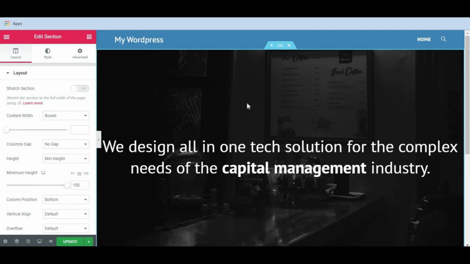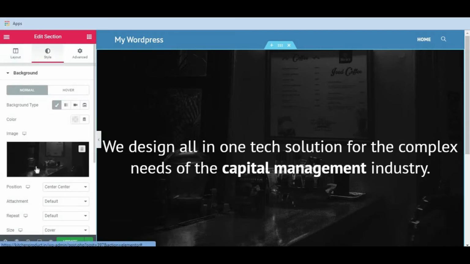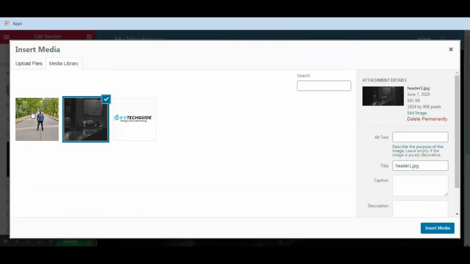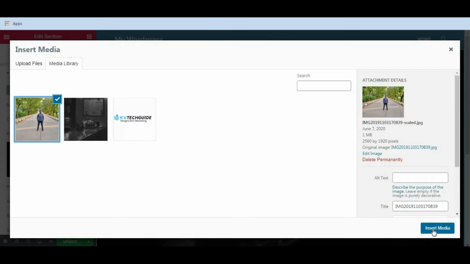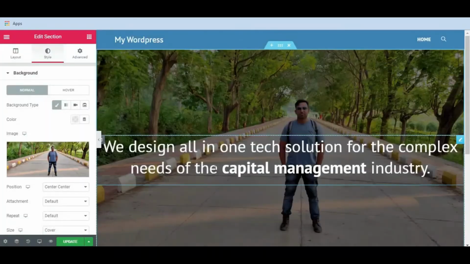So first thing I will do, I will change the background image. So just follow my cursor. I will just select this section. Here it is. Go to the style. Here it is. Choose the image. I am going to use this image. Click on insert media. Here we go.